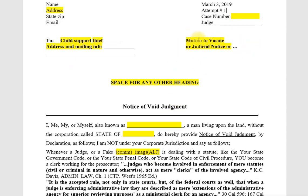You would put your motion to dismiss, or your motion to vacate, or judicial notice, or whatever you're going to title this. This is a void judgment. So you would put, motion to vacate, void judgment, or whatever other heading you want to put on here, to the state of Wyoming, district court. So you put that in there, and if you know anything about Word documents, you can just go in here